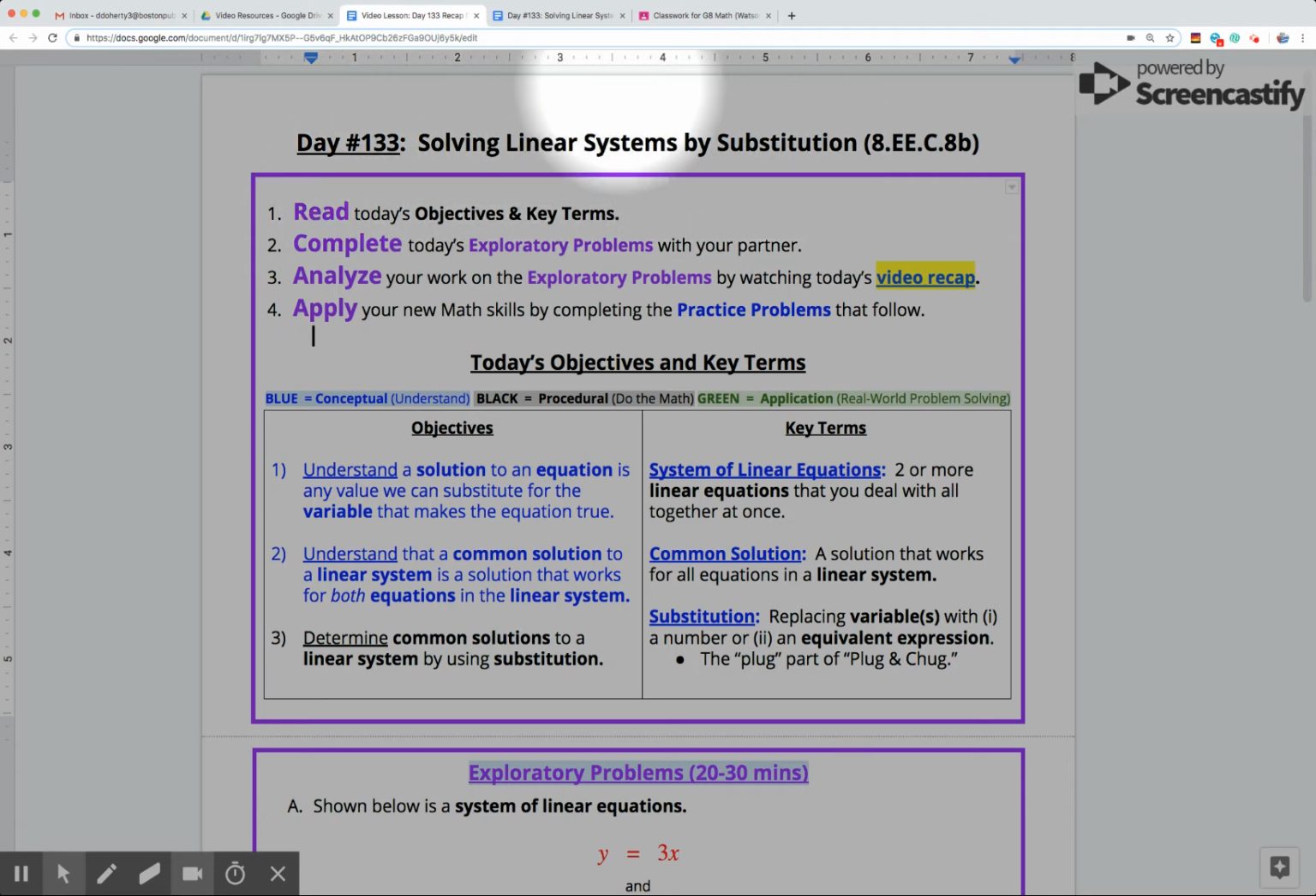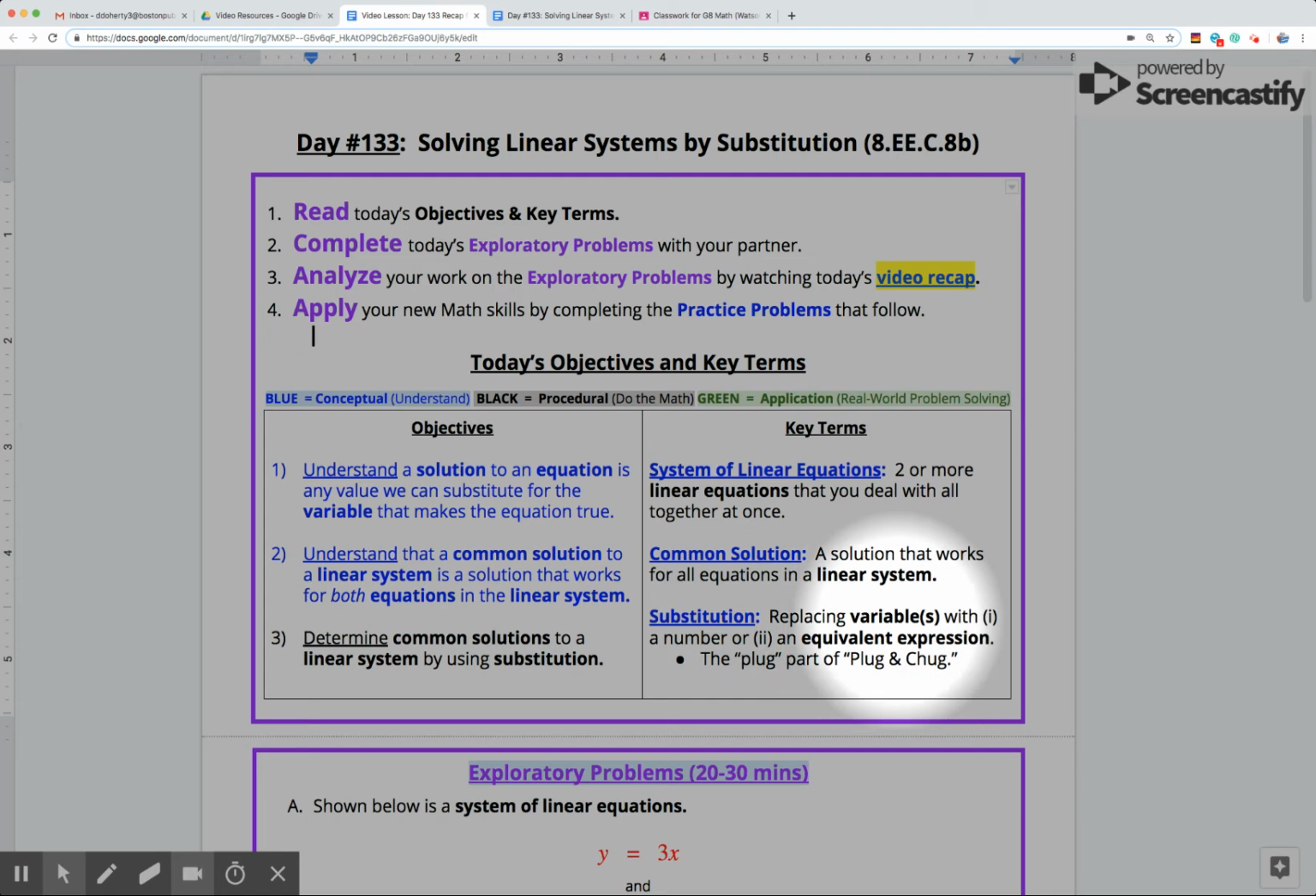So all week we've been focused on linear systems, understanding that a system of linear equations is two or more linear equations that we deal with together at once. And we've been working on finding the common solutions, or the solution that works for both equations in our linear system. And our method the last couple days, what we introduced yesterday, was a method called substitution,